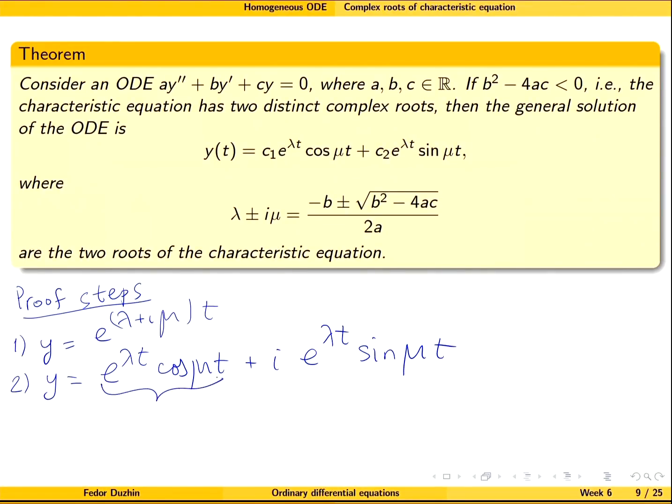Which means that this is a solution and this is a solution. And the third step is to verify directly that the Wronskian of y1 and y2 is not 0. You can guess that it's probably going to be something related to e to the lambda t. I'm not sure exactly, but